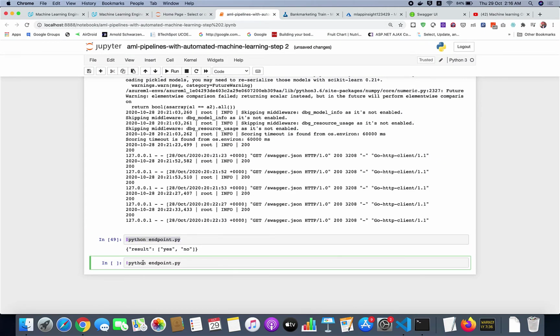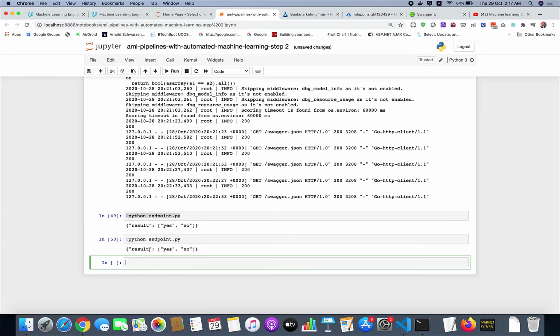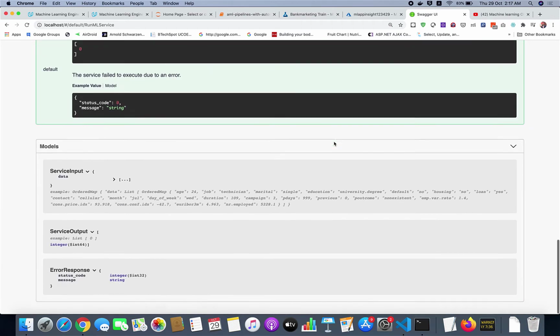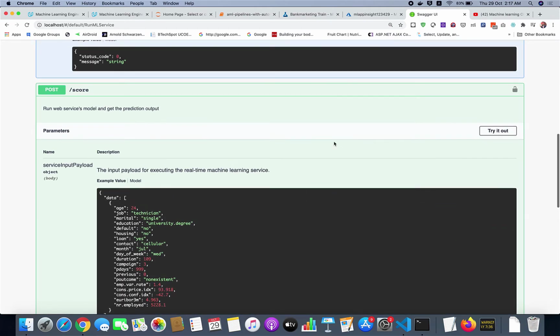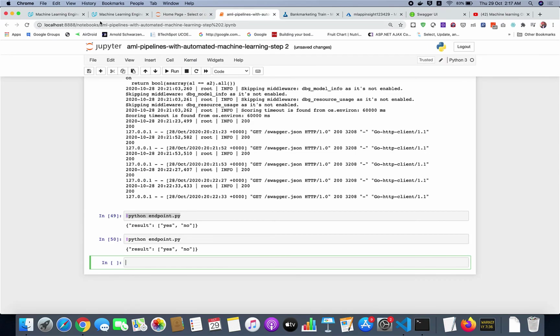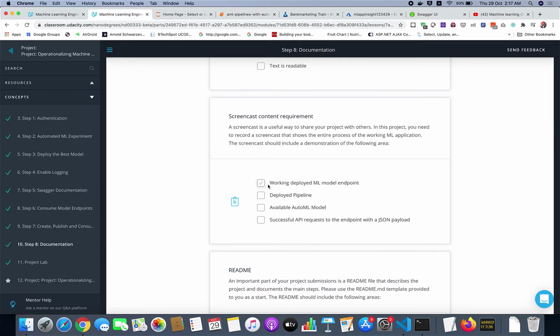Okay, so I'll run the python endpoint.py program again so that you can see the result, the JSON output of the result. And I have also included the screenshots for Swagger, and this is the tab in which the Swagger was open, and I have loaded the endpoint, and you can see how to consume this using a post command, post score. So this is the JSON output